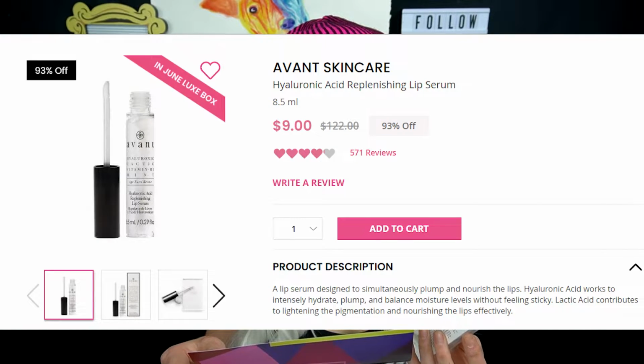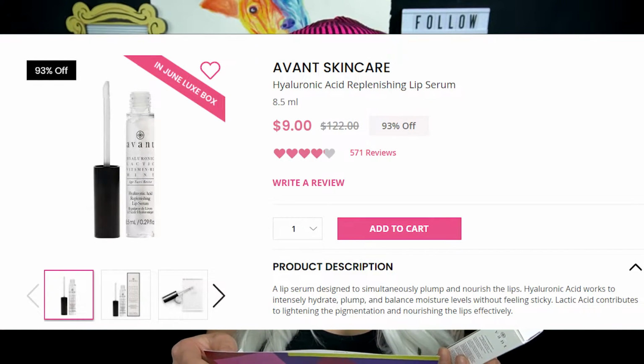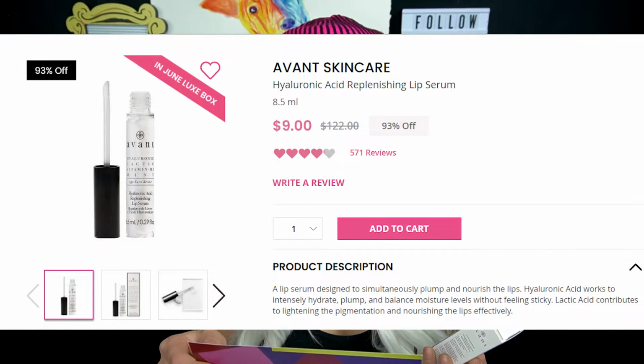This is the Avon Skincare Hyaluronic Acid Replenishing Lip Serum, a lip serum designed to plump and nourish the lips. Hyaluronic acid works to intensely hydrate, plump, and balance moisture levels without feeling sticky. Lactic acid contributes to lightening the pigmentation and nourishing the lips efficiently. It retails for